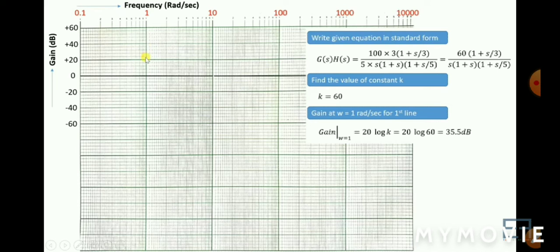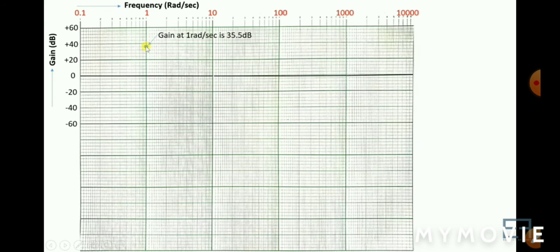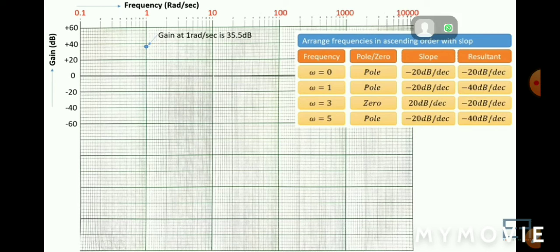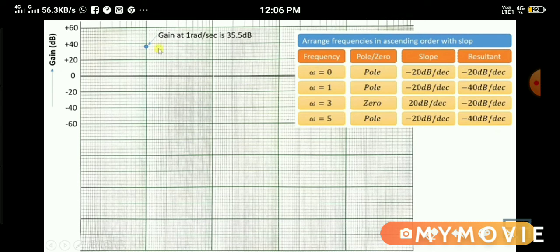So 20 log k is 35 dB, for omega equals to 1. For omega equals to 1, 35 dB, that I will mark here. I will mark that point. Omega equals to 1, 40. So 35 will be somewhere between 20 and 40, in the middle, near to 40, yes, this point. The gain at 1 radian per second is 35.5 decibel, right. So after marking k, next is